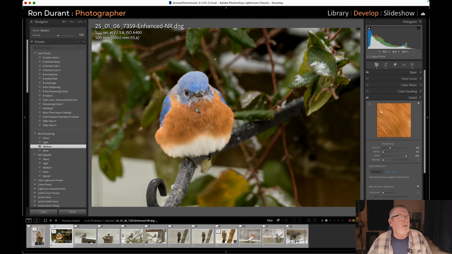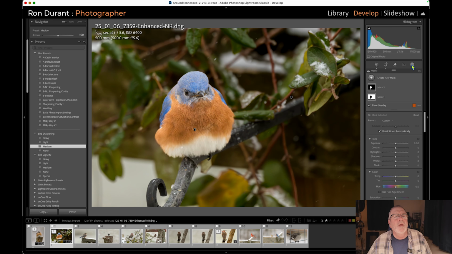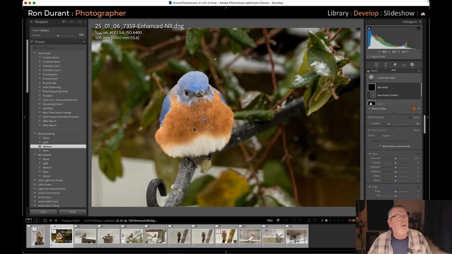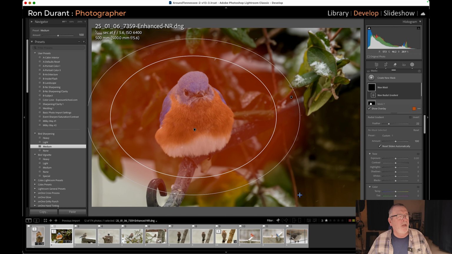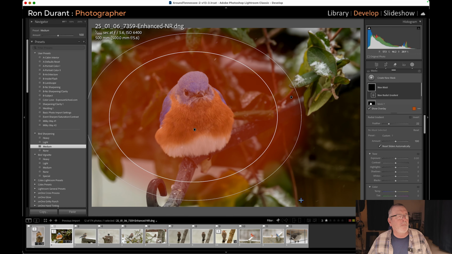Now, if I wanted to get fancy with this, I could put a vignette on it a little bit, and I might do that. I'm going to show you how I like to do a manual vignette. This is something new for you. I'm going to click on the masking tool. I'm going to create a new mask, and I'm going to select a radial gradient, okay? And then what I'm going to do is right here on the bird, I'm going to hold down my mouse key, and I'm going to draw a circle mask, elliptical type mask,